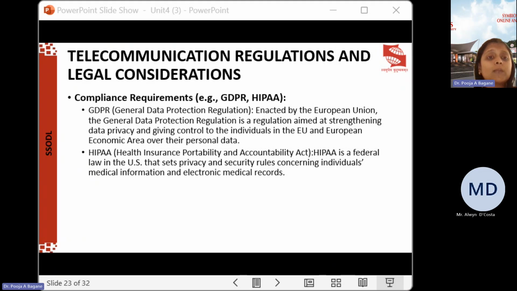Telecommunication companies which provide services to healthcare providers or transmit PHI must follow the rules under HIPAA. Data must be protected from any unauthorized access. Data transmission must be confidential and the data should be encrypted. It includes physical and administrative safeguards as well as technical and organizational measures. Its compliance requirements include risk analysis, mitigation, and safeguard implementation. So everything will be under HIPAA. Those are the compliance requirements.